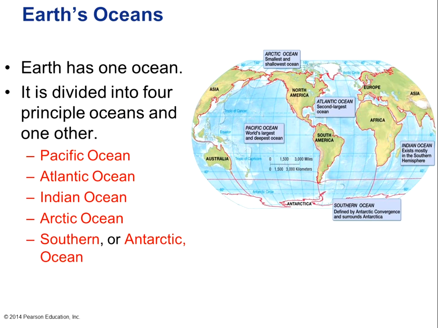Very briefly, the name Arctic comes from its location. It's under the constellation, the Bear, which is Arctos in one of the Scandinavian languages, I think. And that's where the Arctic comes from. Antarctic is at the other end of the ocean. So Southern Ocean or Antarctic Ocean is at the other end.